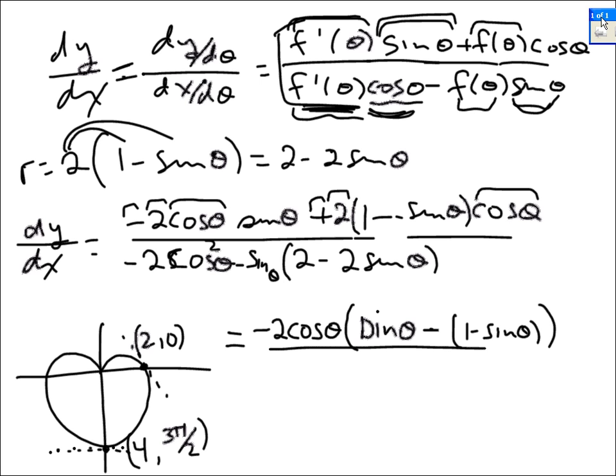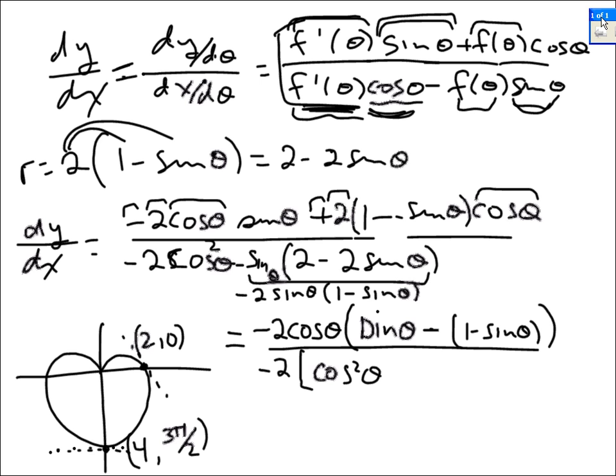The denominator, I can factor out the 2 as well. This piece right here is the same thing as the negative 2 sine theta times 1 minus sine theta. So I'm going to factor out the negative 2. And what I'm left with is cosine squared theta minus 2 sine theta, so plus sine theta,